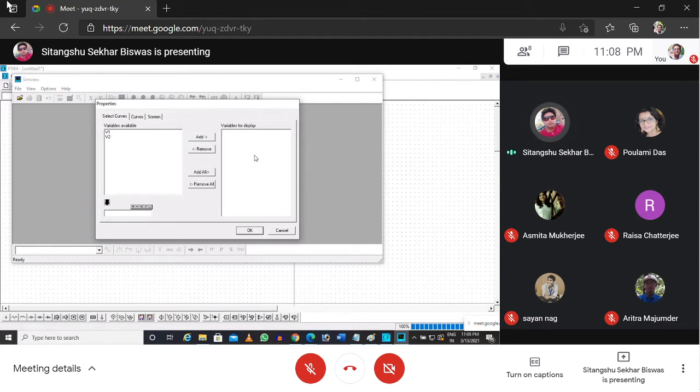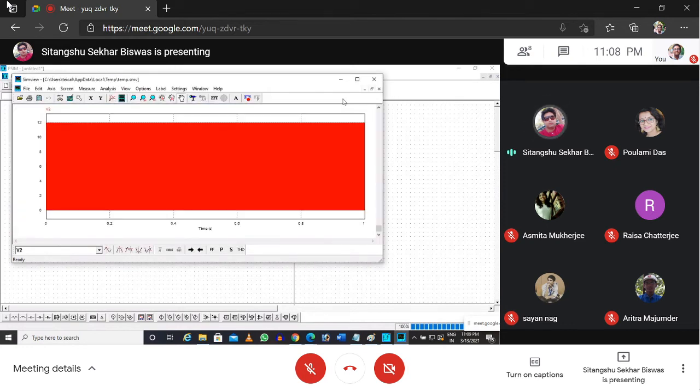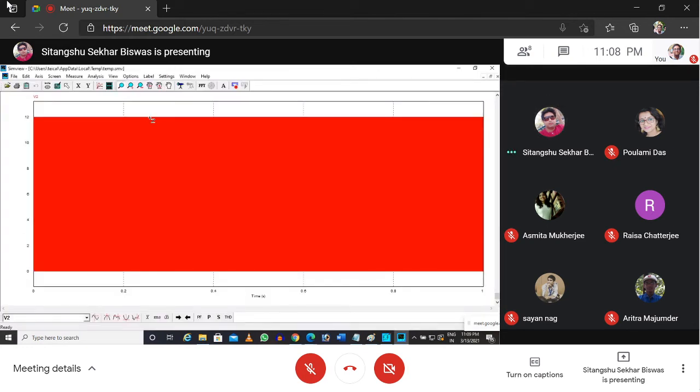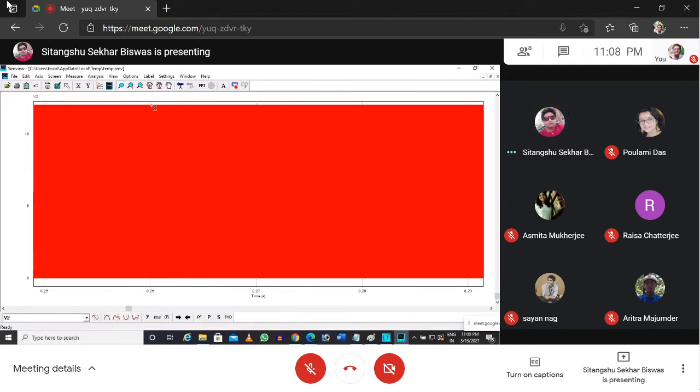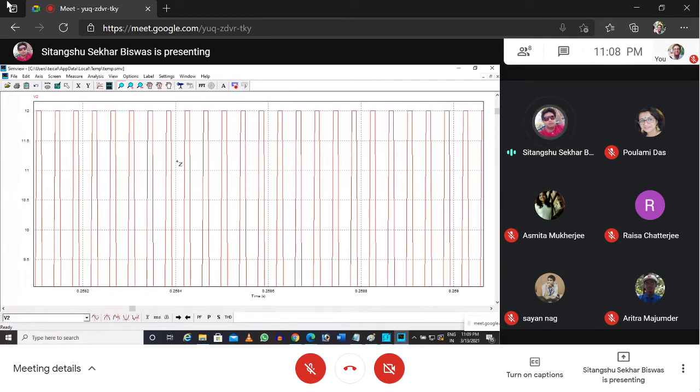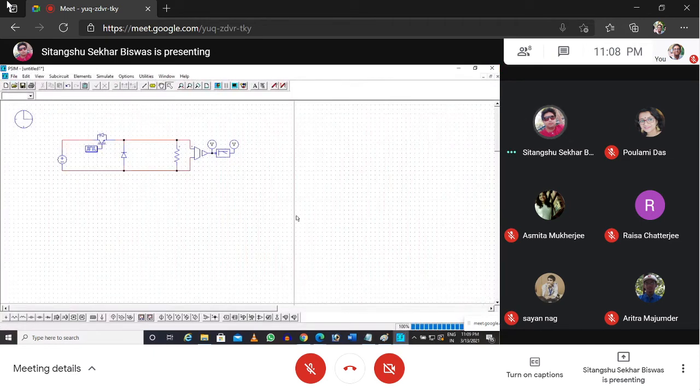So you see the actual unfiltered voltage is like this, because as I told you, it's a switch voltage. Let us zoom into one part. This is basically the part. So after filtering, this is what comes. So I have to make that. So how to do that? I am copying the entire circuit.